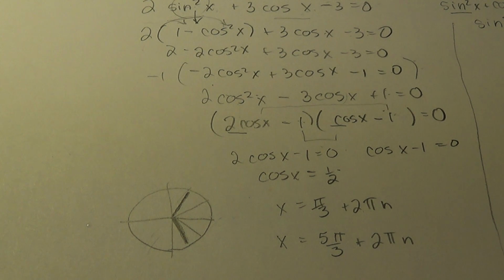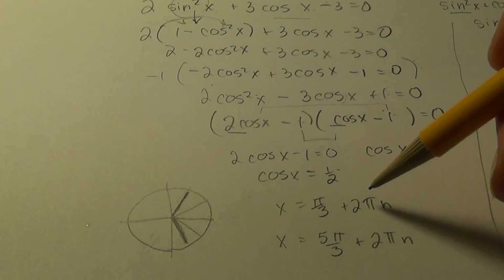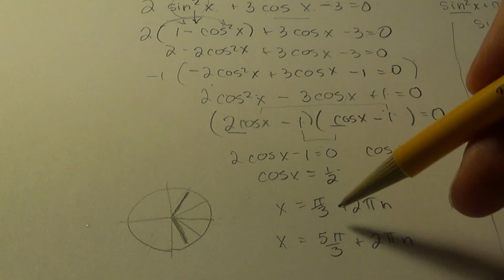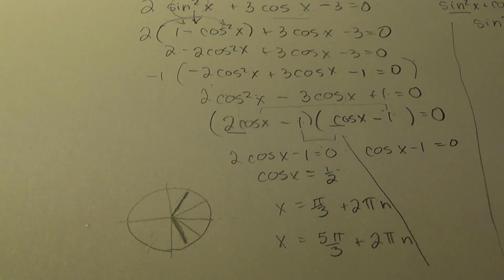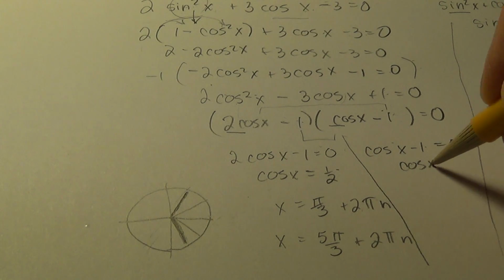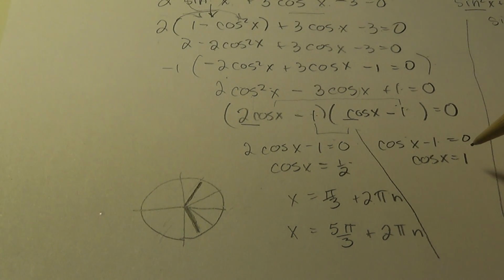All right, so those are the 2 answers from the first branch, and sometimes I forget about the second branch, so I don't want to do that tonight. So go ahead and solve that branch. Cosine x minus 1 equals 0. Cosine x equals 1. So the first coordinate has to be a 1, and that happens at 0